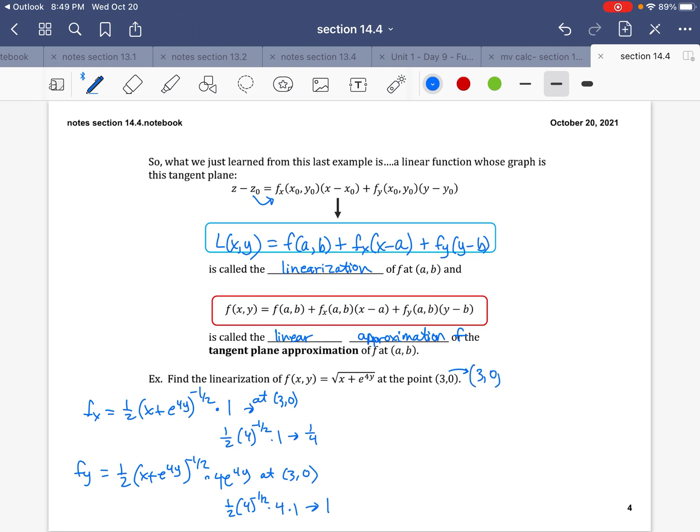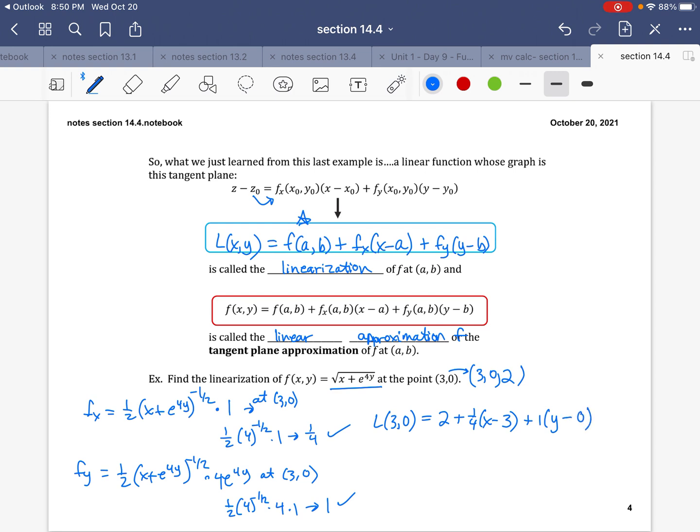All right, so now I need the answer for this. I need 3, 0. I need f of, so I need to find this part right here, f of AB. So if I put 3 and 0 back in my original problem right there, I have 3 plus e to the 0, so 3 plus 1 is 4. The square root of 4 is 2, so f of 3, 0 is 2. So here's my linearization, 3, 0. It's going to be 2 plus 1/4 x minus 3, because we're using the x value of 3. Let's see, plus 1, because that's my slope down here. These are my slopes I'm using. And then I have y minus